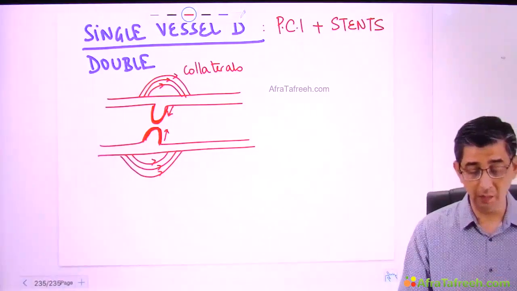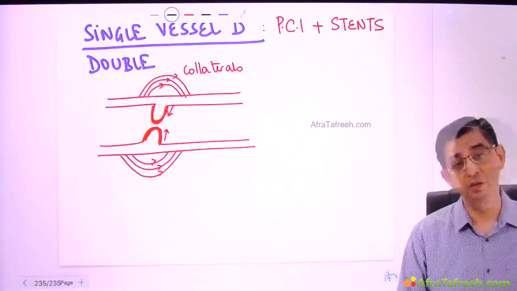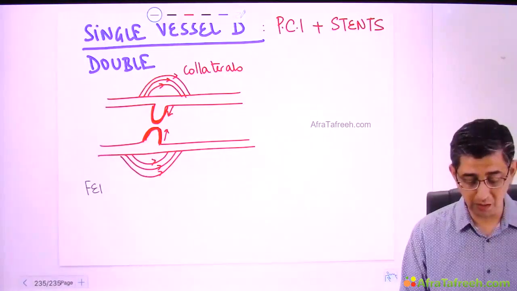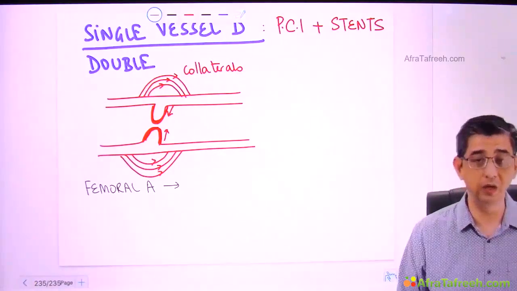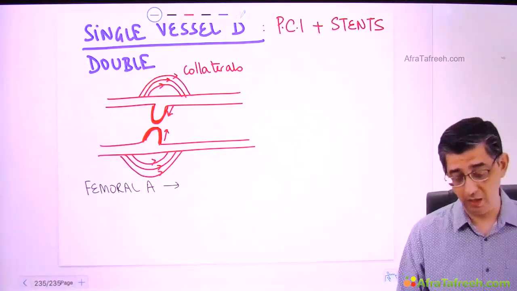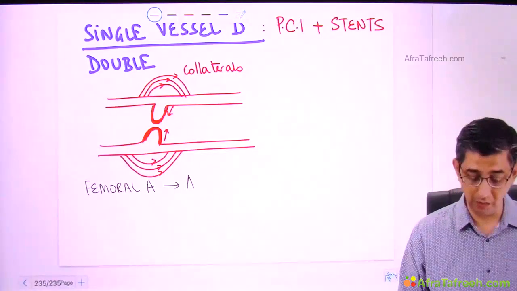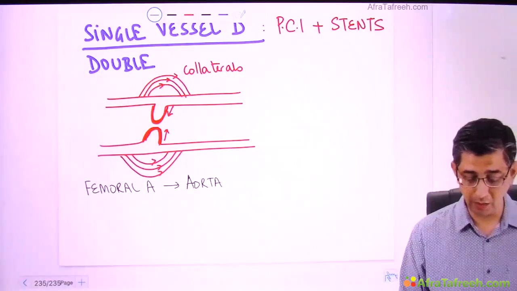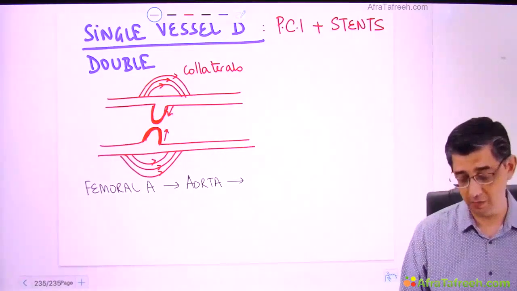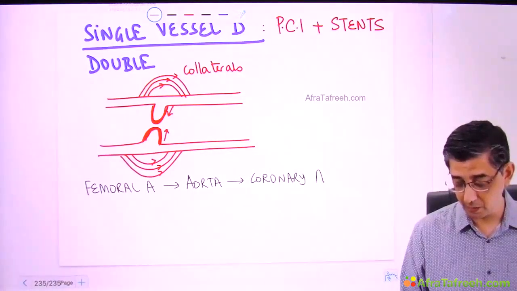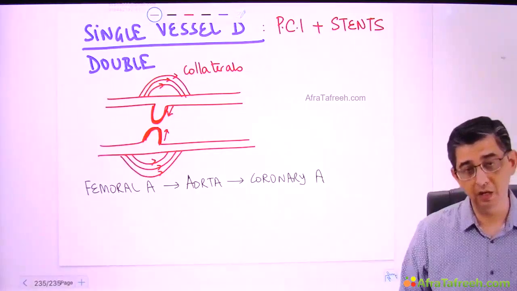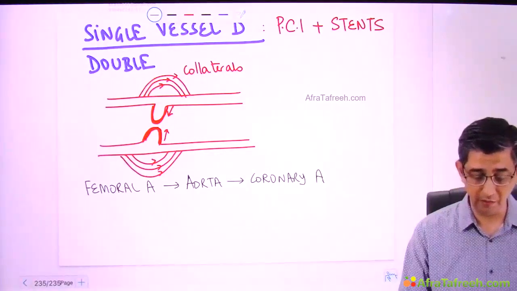Now what I have done in my patient is taken a vascular access. Hypothetically, I'm saying I took a femoral access in the patient. From the femoral access, I will go retrogradely towards the iliac artery, then inferiorly into the aorta, then into the arch of the aorta, and then into the root of the aorta, which is where the coronary arteries originate from. I am going to send up a guide wire in a retrograde fashion, and under fluoroscopic monitoring I can definitely see the guide wire across.